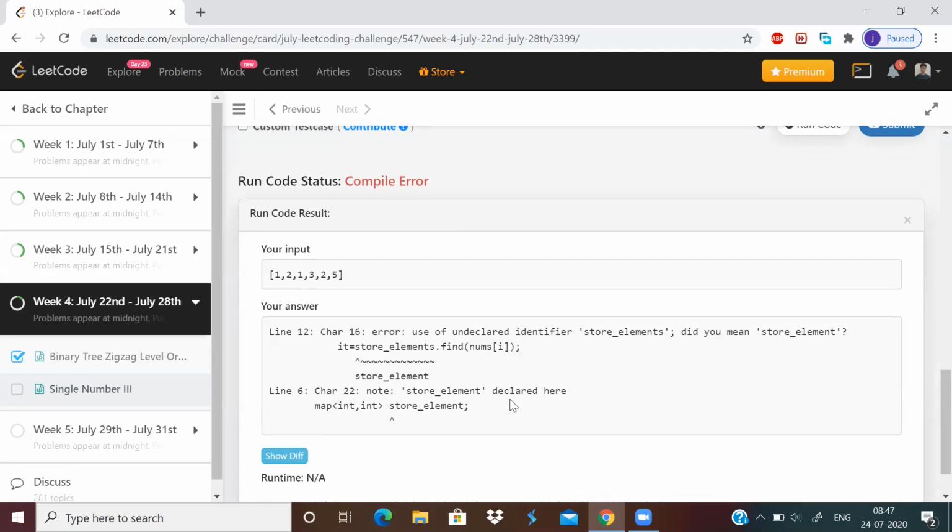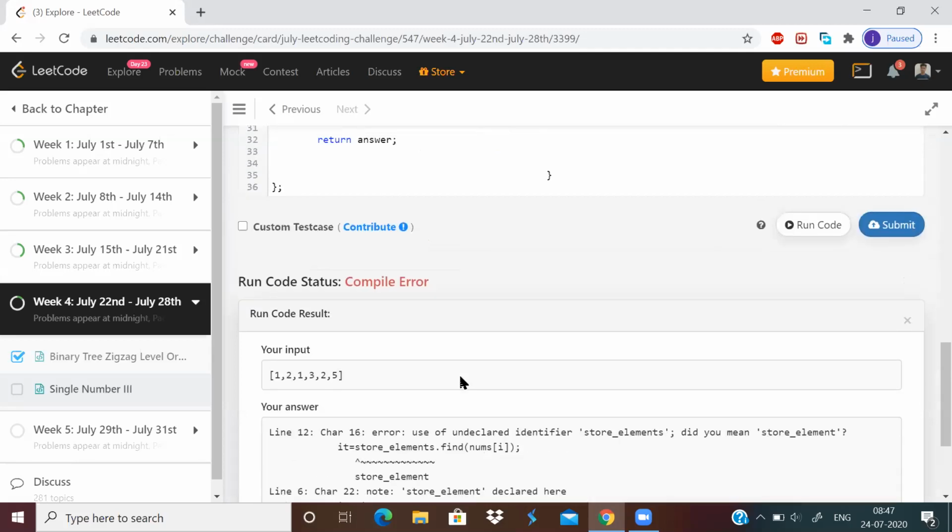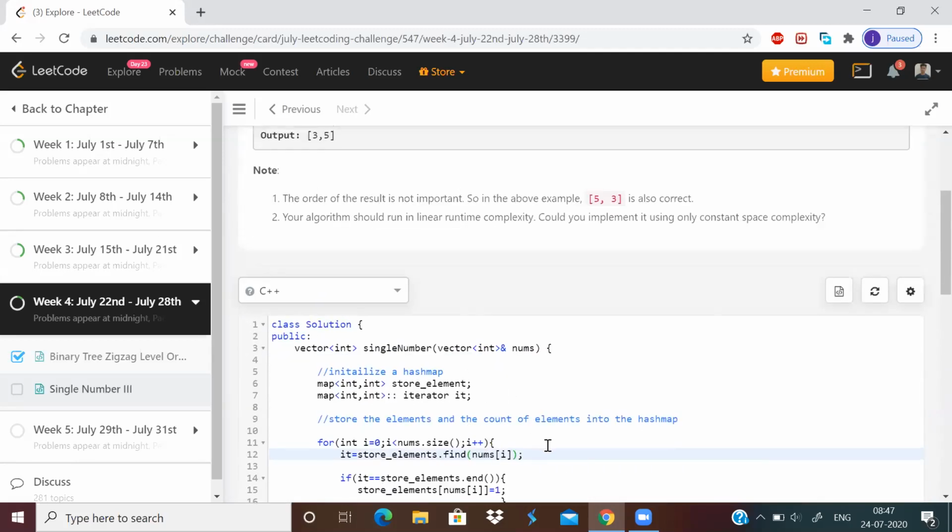What's wrong here? Store element declared here. Ctrl+Z.